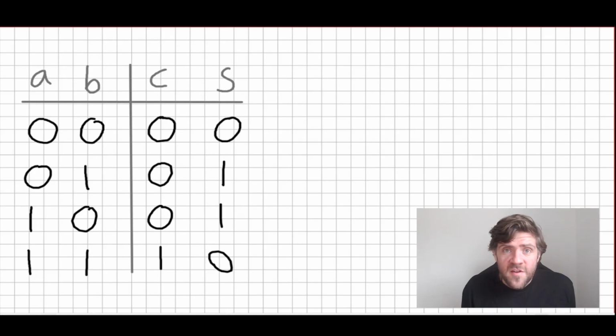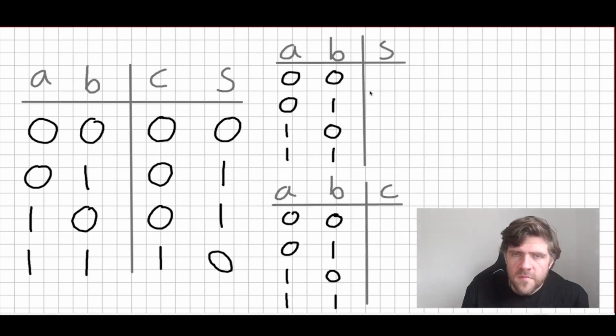Even this simple operation is not the simplest thing there is. We can break this down into two even simpler operations, one of which takes the two inputs and computes the sum digit, and the other which takes the two inputs and produces the carry digit. And now I will magically make those appear. Through the magic of editing, I've spared you most of the table creation, but we still have to put in